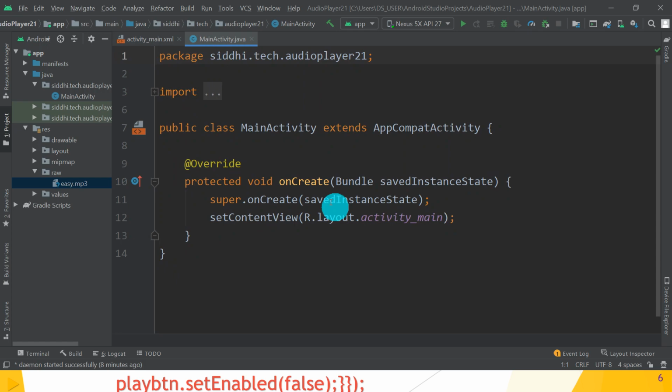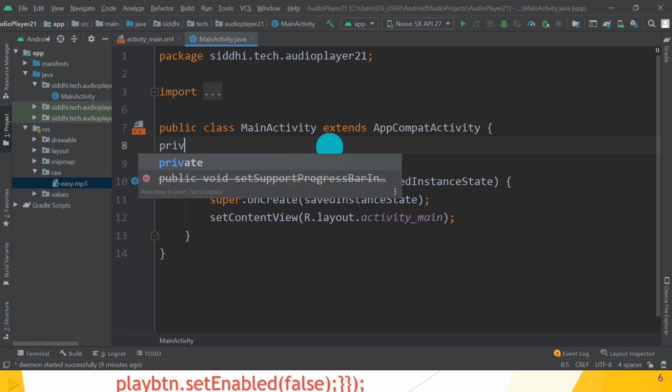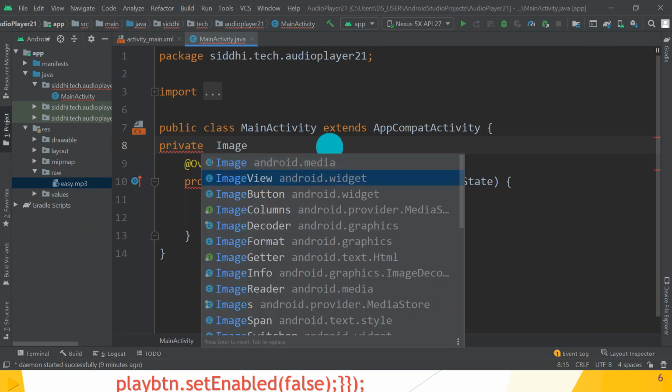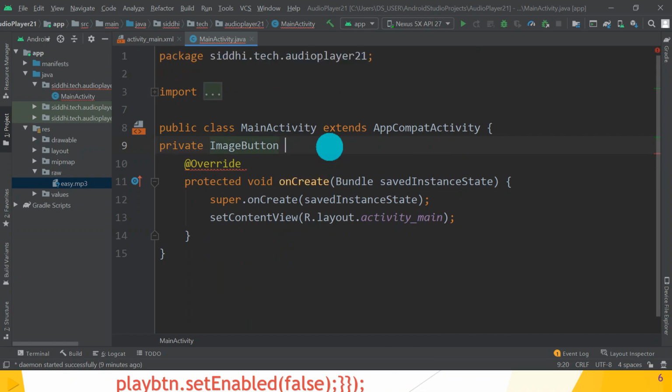Great guys, so first we have to create our reference variables. So private, first image buttons. First image button is for pause button, comma, play button. Great.